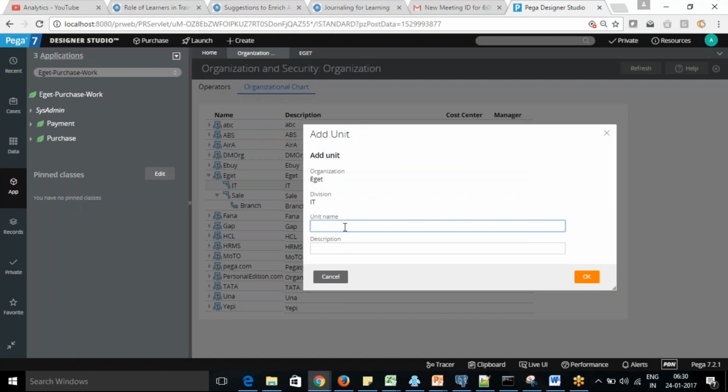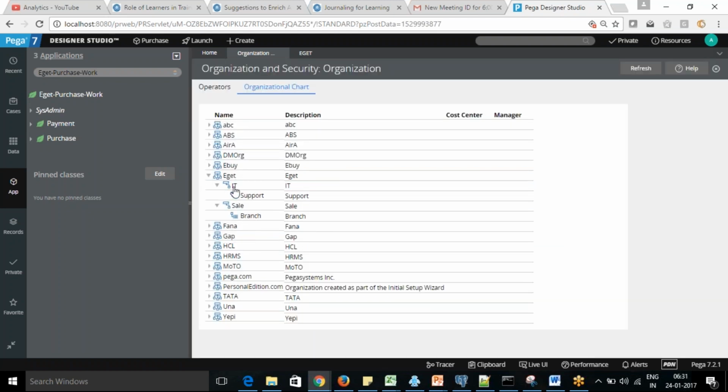Here you can give the unit name, like support. So within that organization you can have multiple structures for different levels. If you have IT support, sales branch, you can have multiple units also within a division.